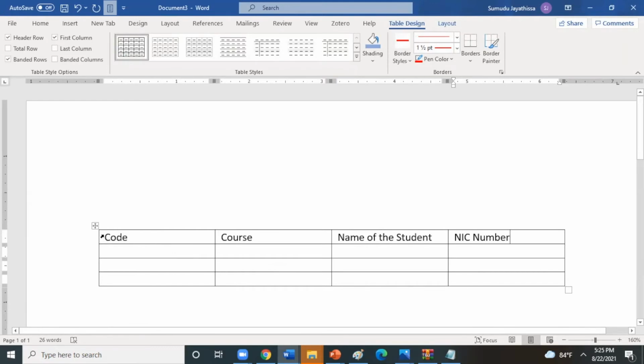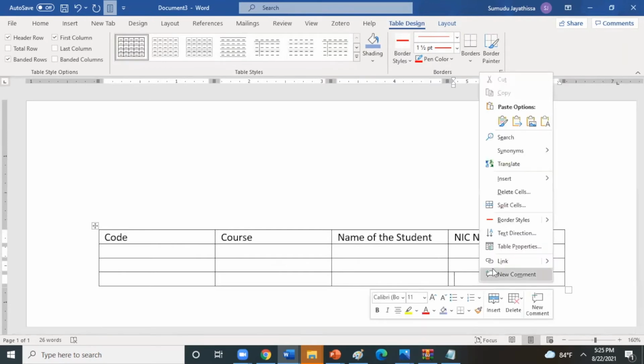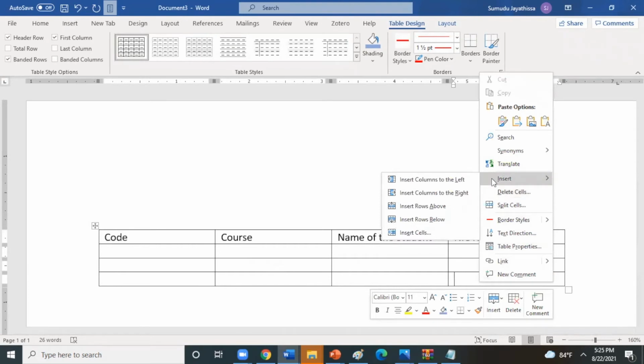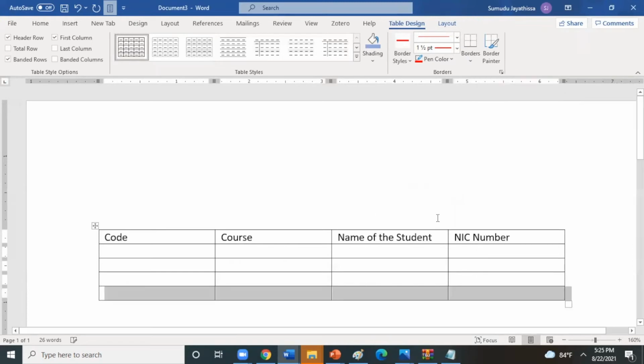If you want to add more rows to this, you can right click here. You will get this option: insert column to left, insert column to right, insert row above, row below, or insert cells likewise. If you want to get a row below, I can click here.